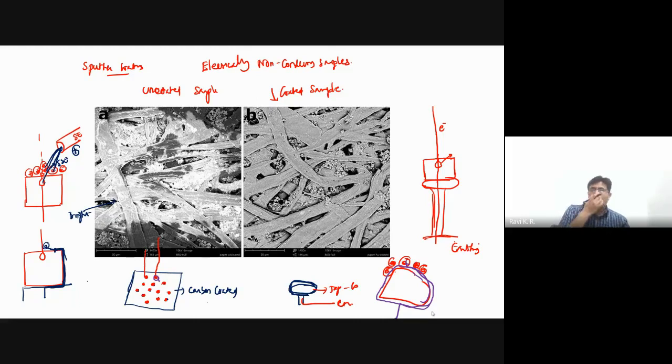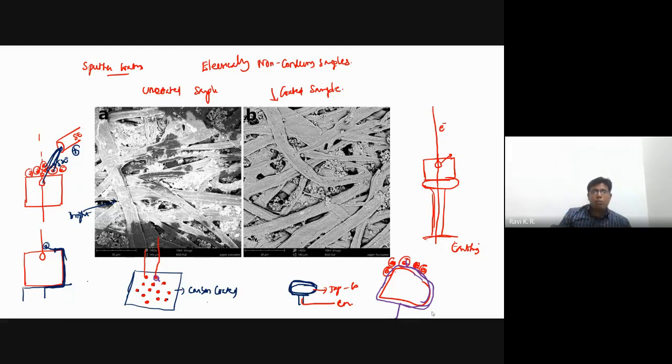So the main reason is that the coating gives an electrically conducting layer. Generally, we give platinum coating or gold coating. Gold is very common. Silver also you can give. We do gold sputtering. By doing gold sputtering, you can make the sample conducting so that you don't see the charging effect. But how much coating you have to give and how long you have to coat depends on your sample.